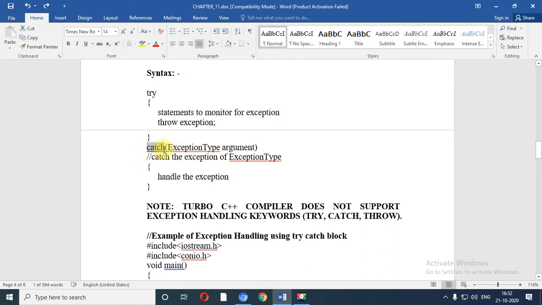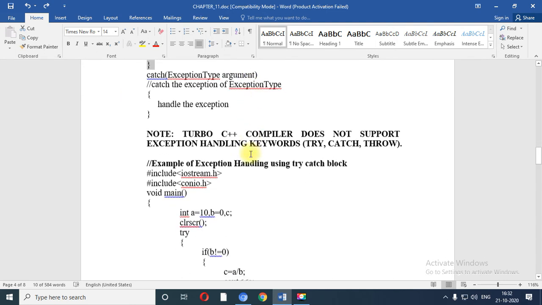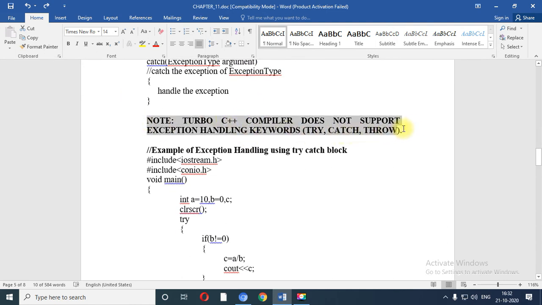Similarly, catch is a block which will catch all the exceptions which may be raised while you try to throw the exception. Here is a note we have put: Turbo C compiler cannot interpret try, catch and throw blocks. So if you want to compile this kind of program, at that time you need to use some other editor.